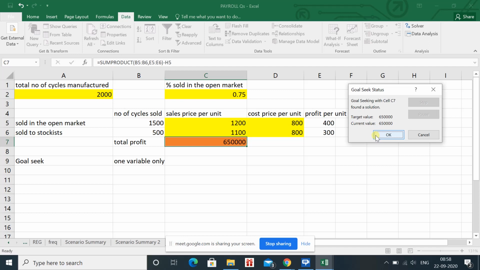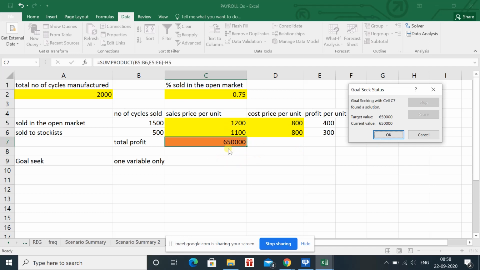Once you press OK, you can easily observe that you are changing one variable, and you want to see how your target profit changes by changing that one variable. We do not have multiple options. We are changing one variable and trying to see its impact over profits, and we do not have multiple values. So this means Goal Seek is applicable.